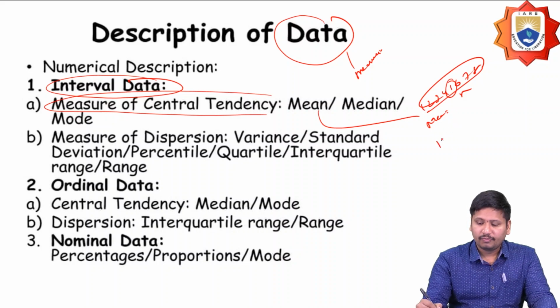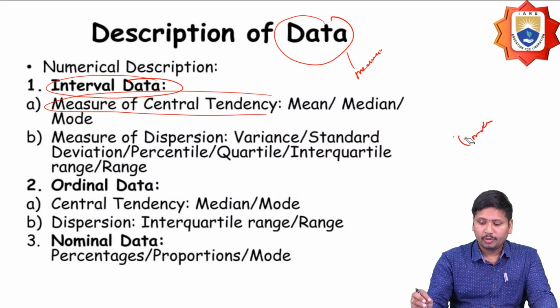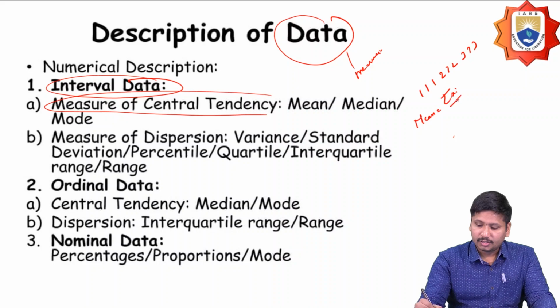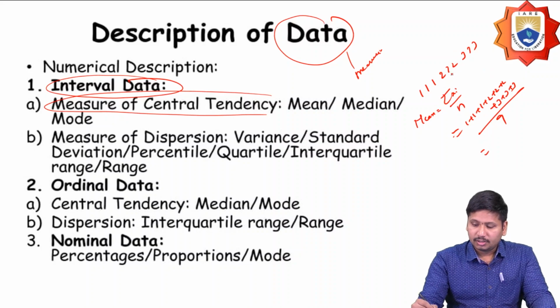And the most number of occurrences of the data should be considered as the mode here. Okay, so how is this mean going to be calculated? If I have values like this, the sum of xi by n should be 1 plus 1 plus 1, 3 plus 3 divided by 9. So I'm going to get some value. 3 and 3 plus 6, 9, 9 plus